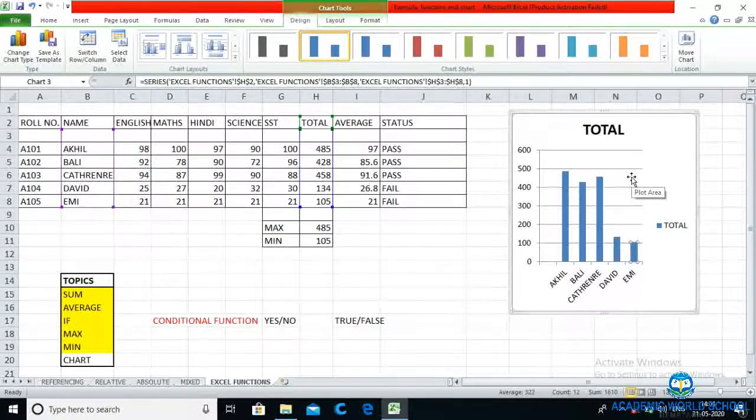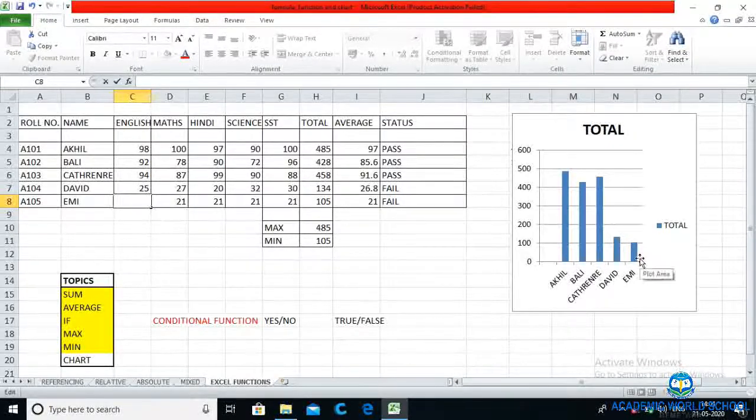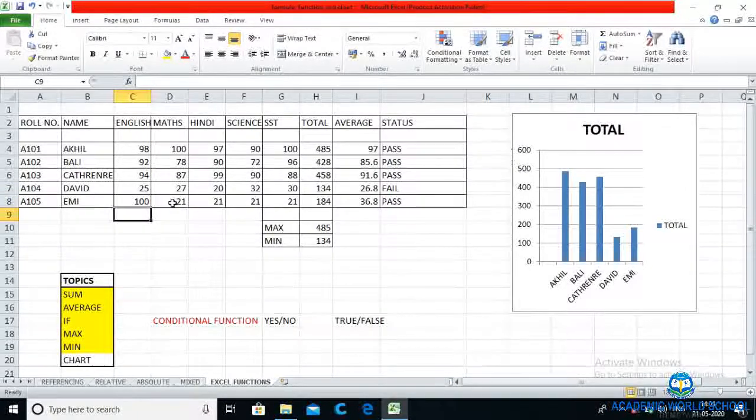Look, over here I'm just changing the data. And your eyes should be stuck on this graph just to check whether Amy's bar is going upward or not. Let's see. Isn't it? Look.